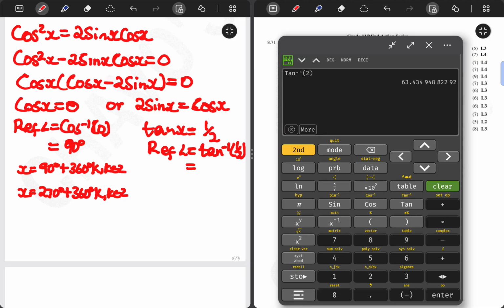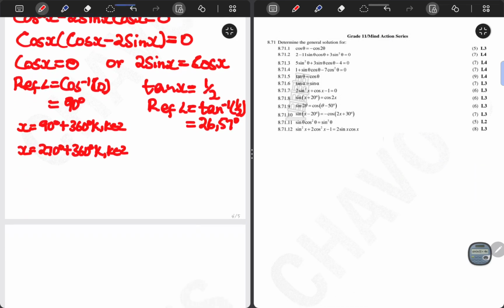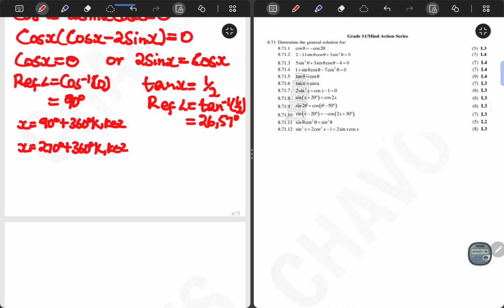Second function tan 2 is 63,43, but second function tan half is 26,57. Okay, and where tan is positive, first quadrant and third quadrant,